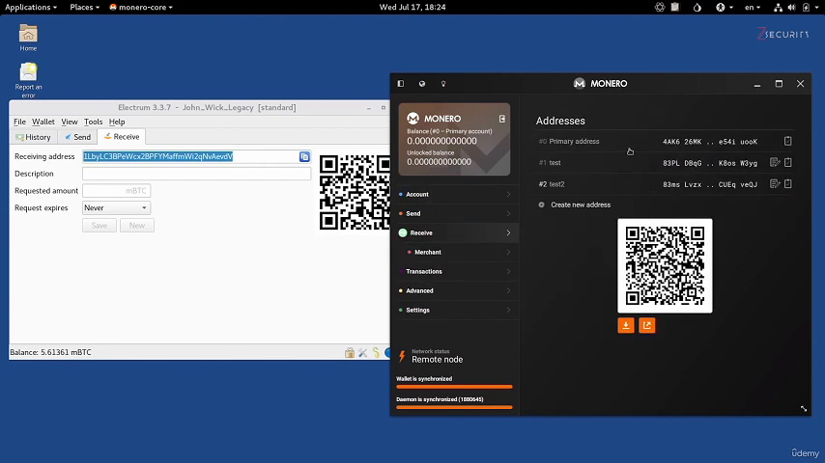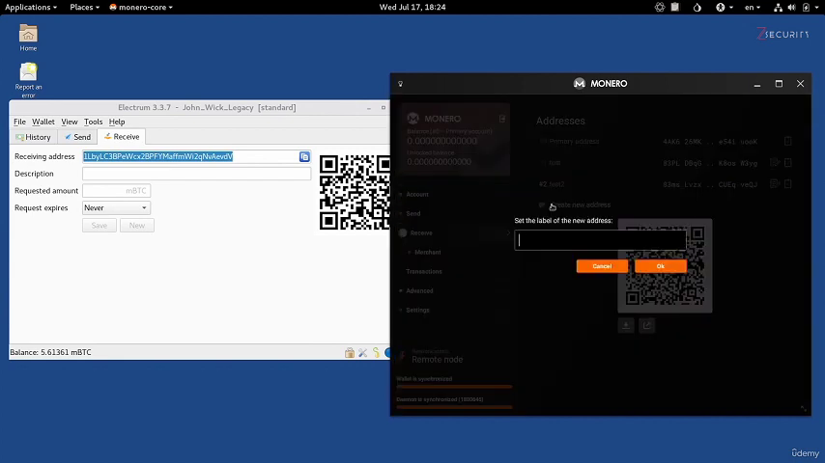Now, in your case, you'll probably only have one address in here, the primary address. I have 2 other addresses here because I created them manually, and it's actually a very good idea to always create new addresses for every transaction you make. Therefore, this is a new transaction. I'm going to click on create a new address. You can set any label for this, so I'm going to call it test 3, and I'm going to click